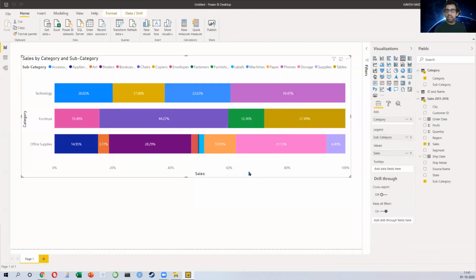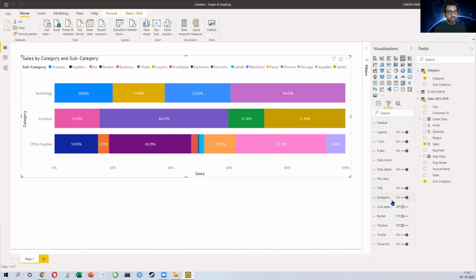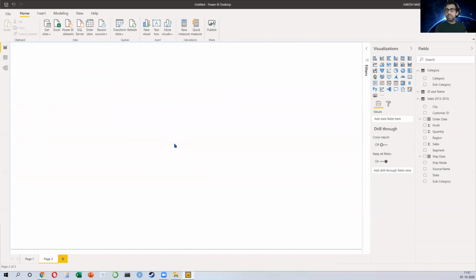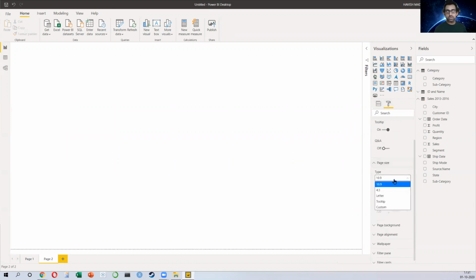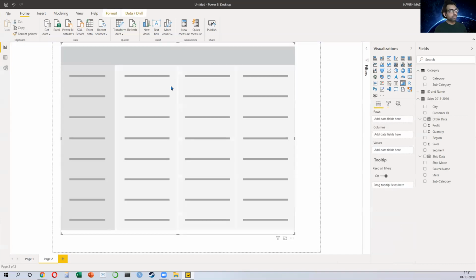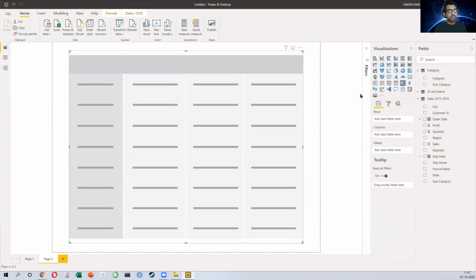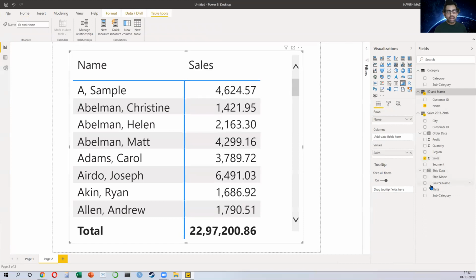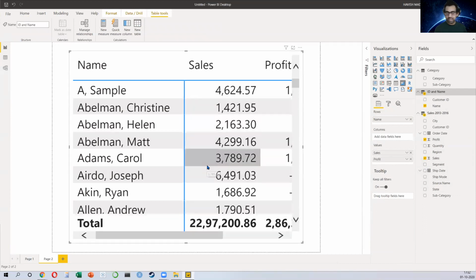And something that I did yesterday, I'll do it once again. So I'm going to just put a border and a shadow. Let's make one more page, everyone. And on this page, I want to show the top 5 customers. How do we do that? First, I'll go to page size and change the size to a tooltip. That means it's a smaller page because I just want to see the top 5 customers, right? So I'll make a table, nothing special. We will put our customer name and our sales amount and our profit amount in the table, correct?